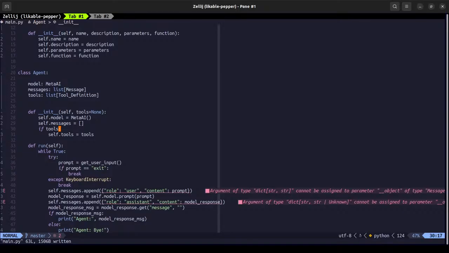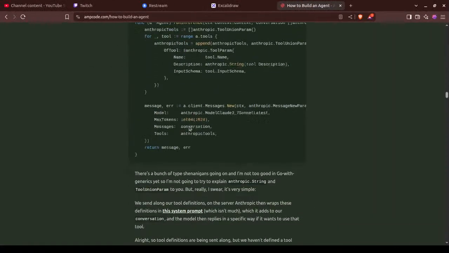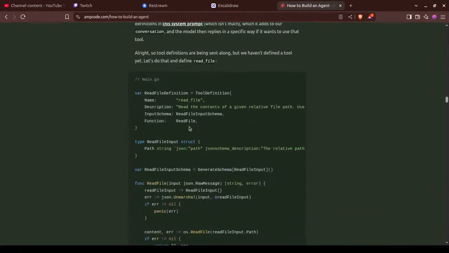But how will we initialize that? That is my concern. Okay, let's keep on reading here. Oh, we have to do this. Really?